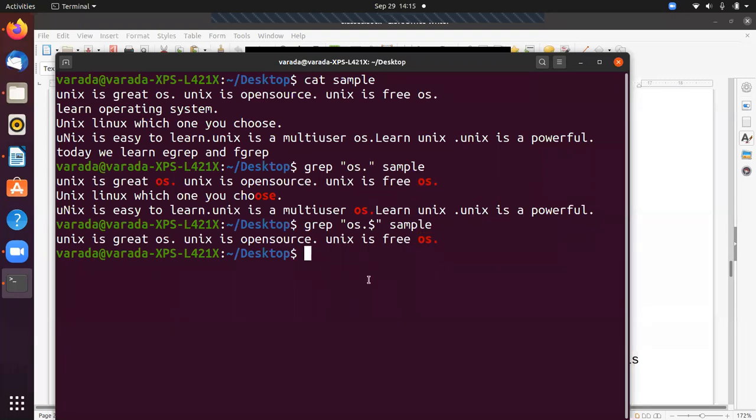So anybody can say why in our previous example I gave grep os dot sample, it shows osc also? Why? Anybody give the response in the chat box? I gave the pattern as os dot, here also another os dot, but here the pattern is osc.